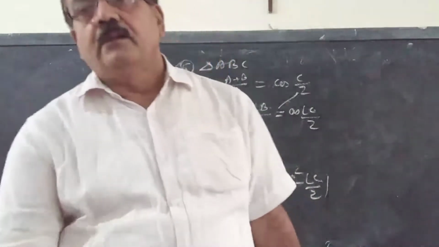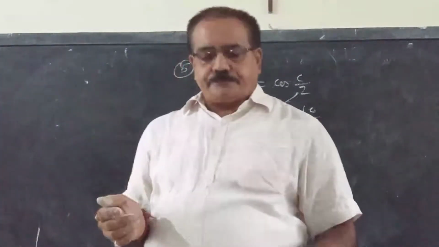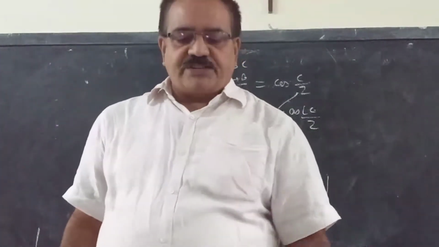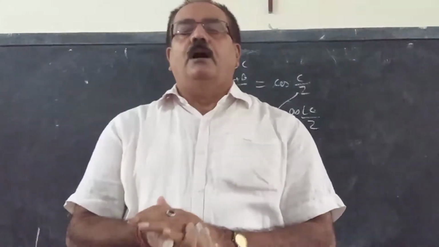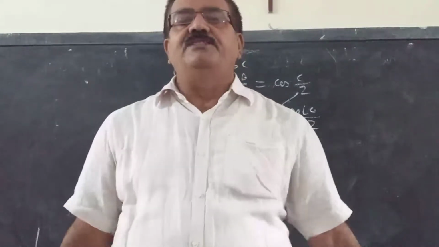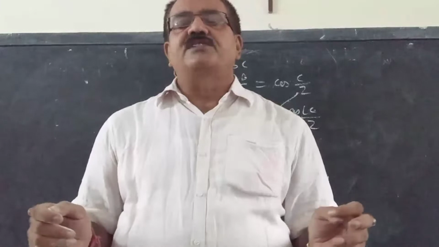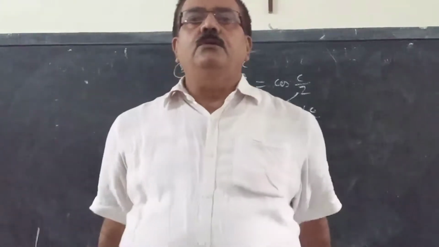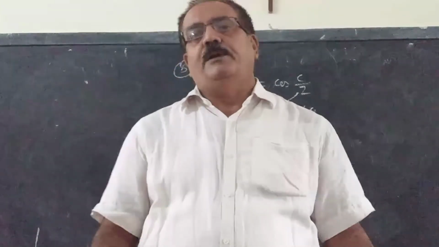So up to here today. Once again, for a standard angle you have to put the value, and for angles other than the standard angle, see if the sum of two angles is coming 90, whether in a fraction or with a multiplication sign, convert one of them into the complementary angle and then simplify.